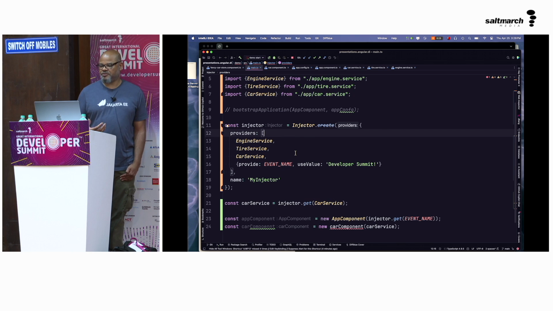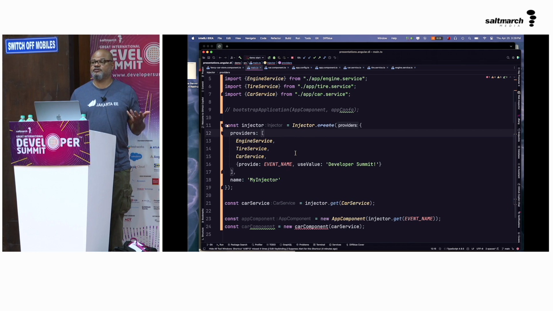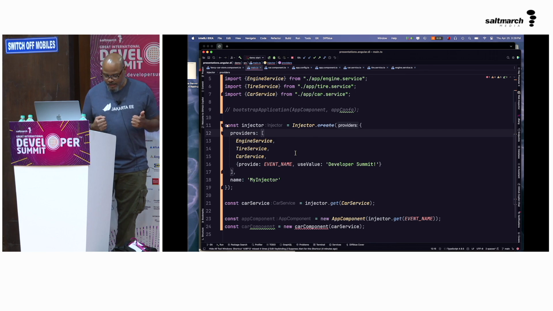And basically an injector is just a simple class that has providers, and those providers basically say given an injection token, which can be a type or an injection token, or any for that matter, here is an object, right? And that object can be created in different ways. It can be created by calling the constructor, and it can be created in several other ways, which we'll talk about in a minute.